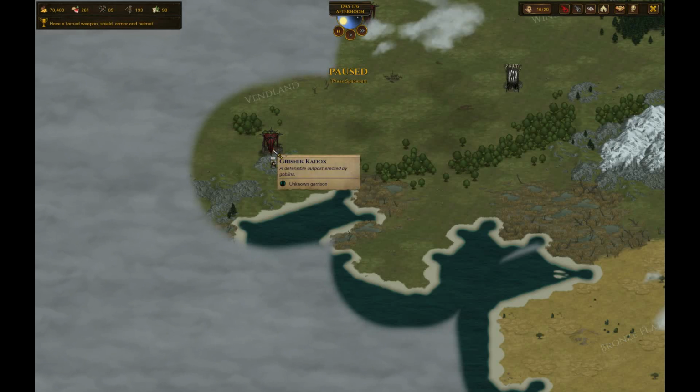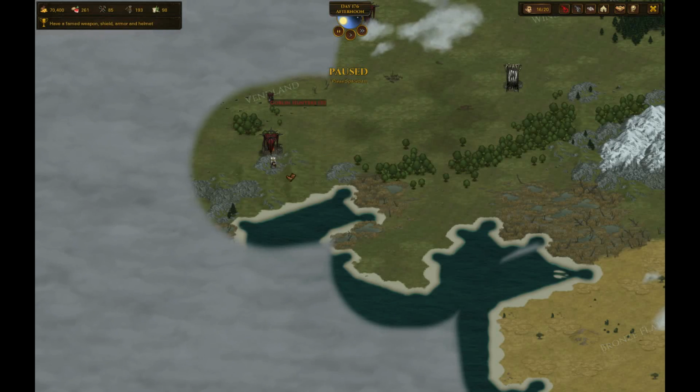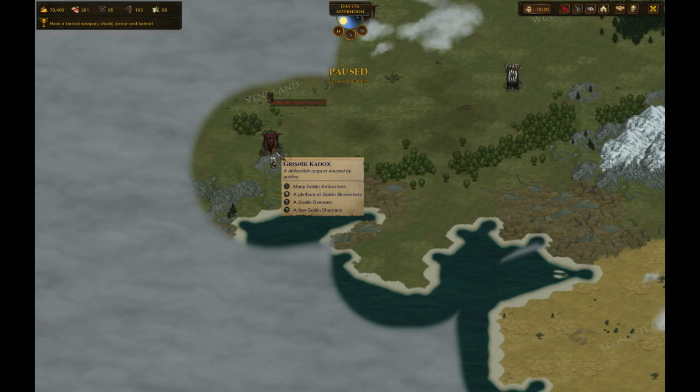We have this Grisnik Kadox, or not Orcish, goblin camp, and if I pause, we should be able to see the garrison again. It has more than one goblin shaman, and with every shaman, the difficulty increases quite a bit because there's a huge difference if they can bind, let's say, 5 or 6 units in one turn, or if they can root the whole company in one turn. And if there are 3 shamans, they'll be able to root everyone every single turn. If there are 2, then, well, that's pretty close. They'll be able to root like 10 people every turn,